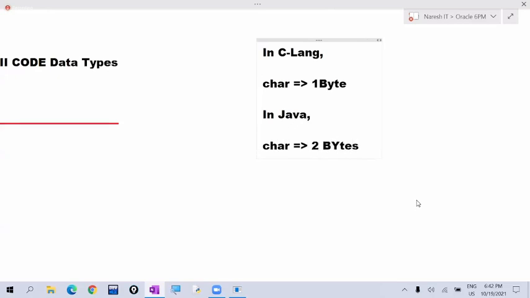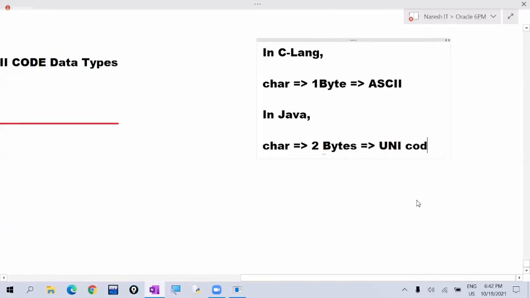Why? Because C language supports which coding system? ASCII coding system. Whereas Java supports which coding system? Unicode system.